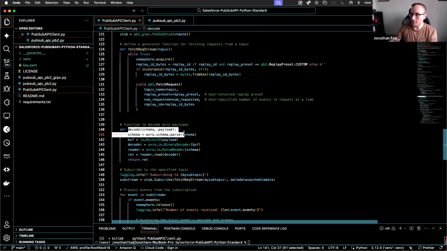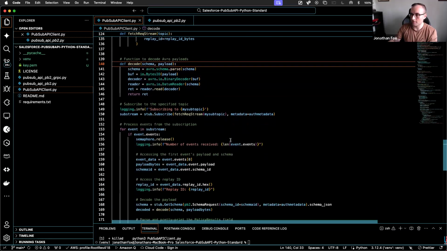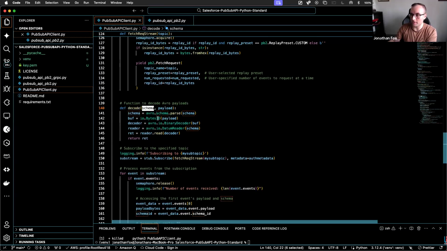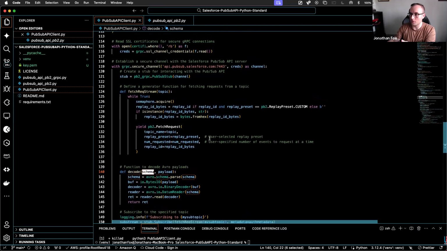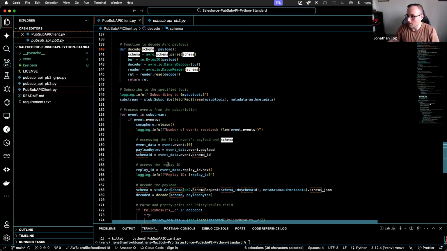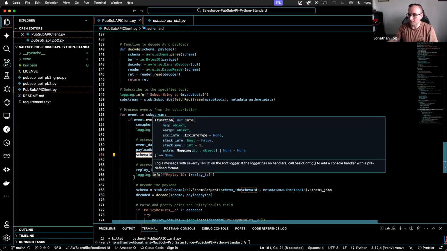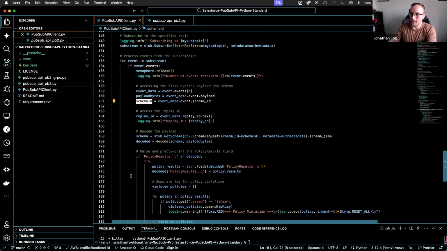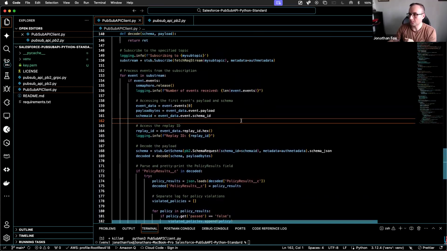And you can do this because you will have access to the actual schema of the event. You know what event it is because you've gone and got the schema. Let's go and see where I got that from. Because I got the schema ID, which you saw already in the Postman example.